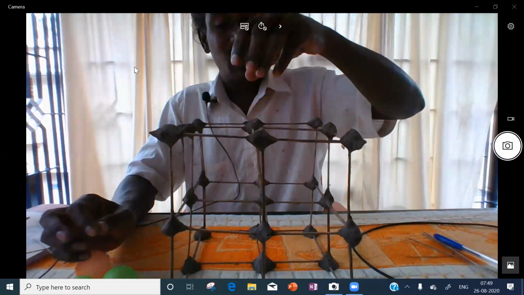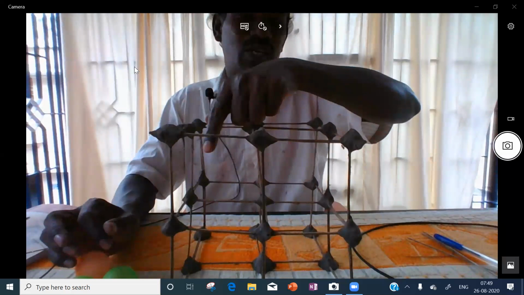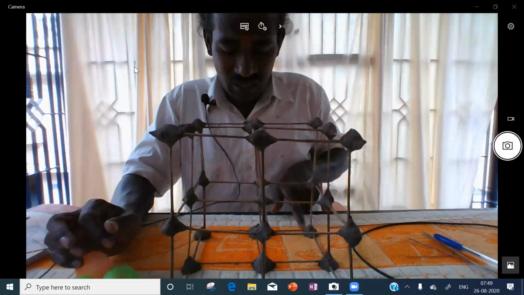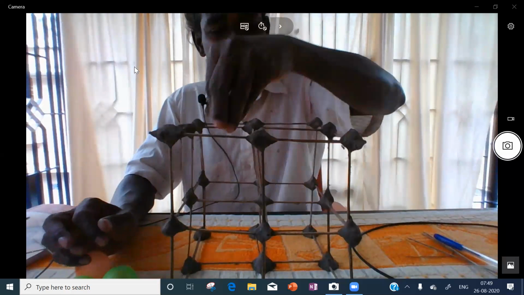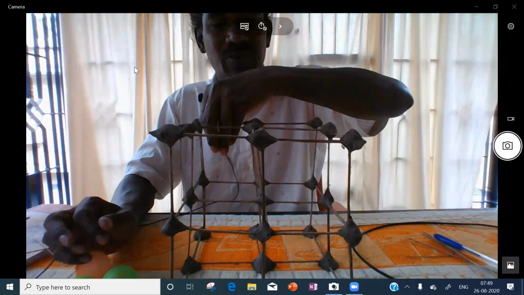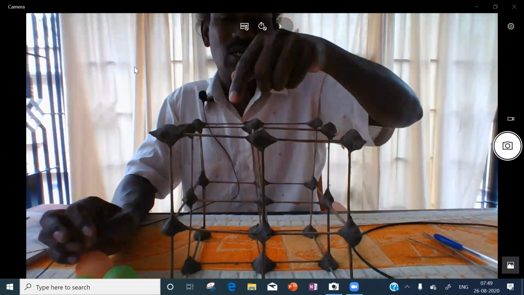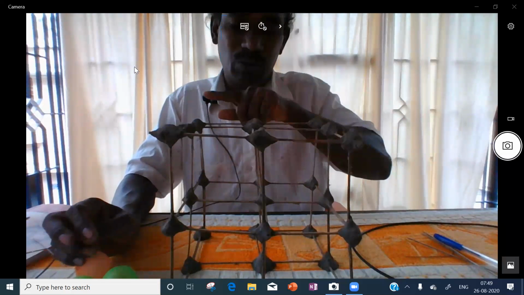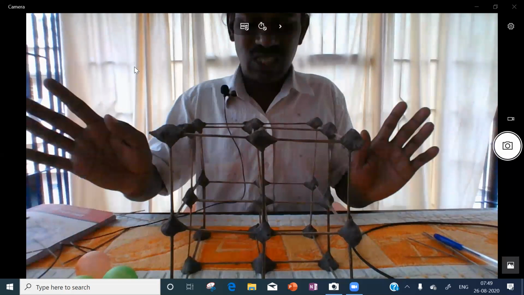Each small cube center is called a tetrahedral void. So how many tetrahedral voids are possible? 8 tetrahedral voids are possible. So this is the conclusion.